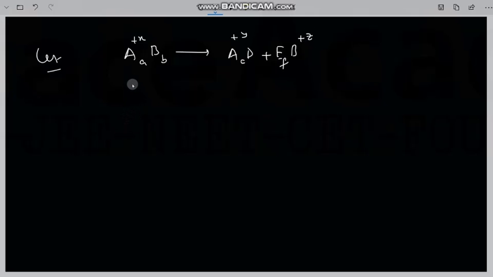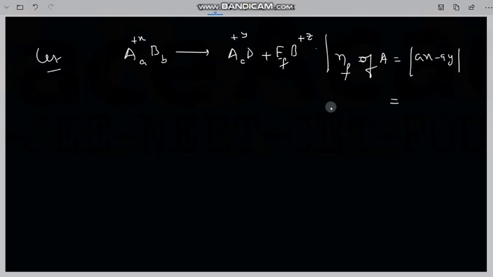That means the salt reacts with the two types of atoms, A and B, and both undergo a change in oxidation state. Both the atoms are either getting oxidized or reduced. See, X becomes Y, maybe oxidation or reduction. X becomes Z, maybe oxidation or reduction. So in such cases, what will happen? Again, the n factor of A can be calculated as A(X minus Y). So this is the formula you can use.